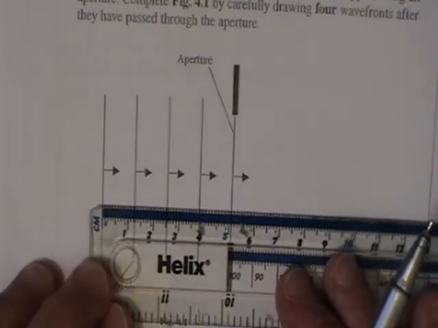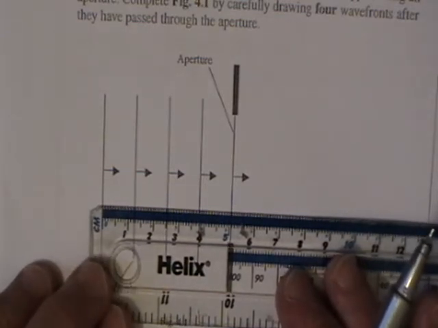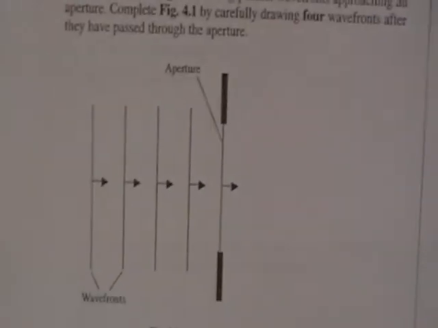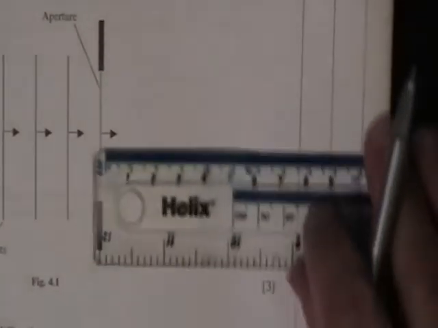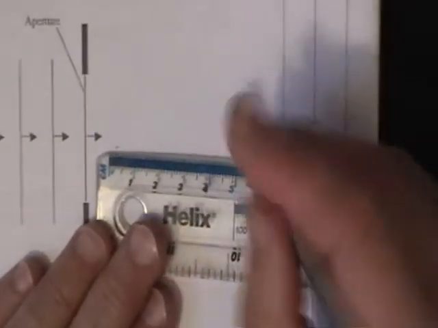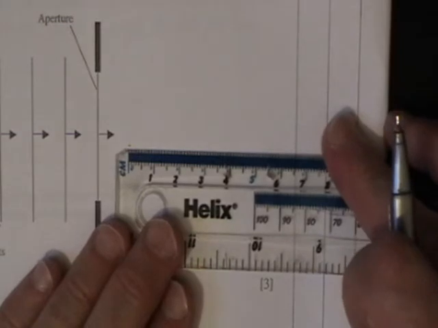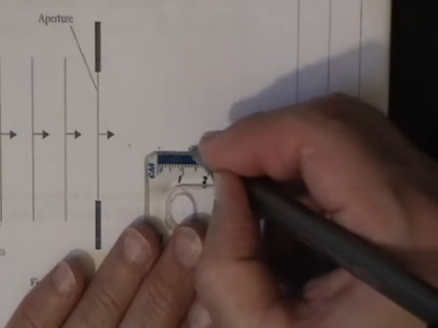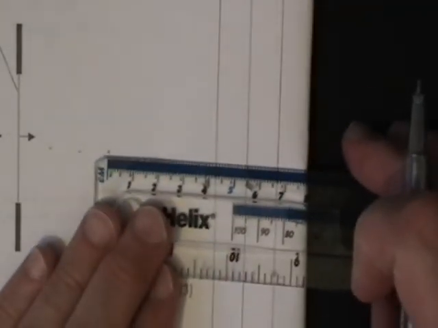So I'm just measuring the wavelength there. Appears to be approximately, well, I suppose it's about, that's at 11, 12, just over 12 millimeters. So I'm going to just produce that further on from there, and just about 12 each time. So 12 from there, 12 from there, and it says drawing 4 wavefronts. So I'm going to draw the 4 wavefronts that are asked for, that's requested. Follow the instructions of the examiner,